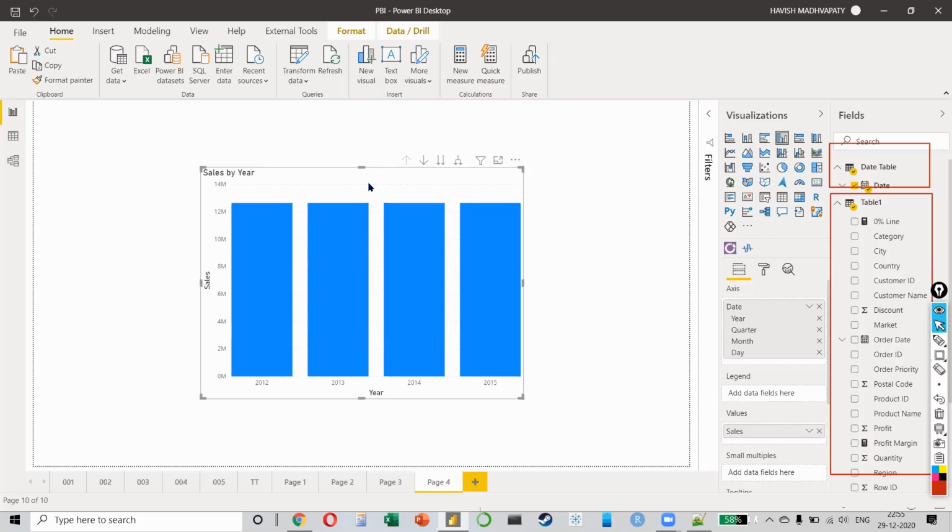Okay, think in a very simple way. We know that the date table was created using the original table, but the problem is, how does Power BI understand that? We have to create a connection between both these tables, right? Like a VLOOKUP. So we have to click on this button called modeling. Everyone, please click on the modeling button.